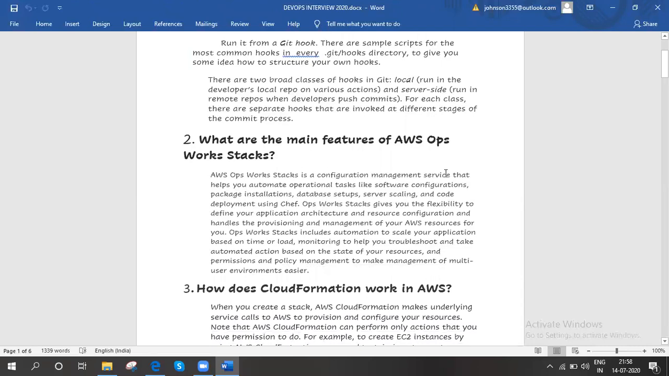What are the main features of AWS OpsWorks Stacks? AWS OpsWorks Stacks is a configuration management service that helps you automate operational tasks like software configuration, package installation, database setups, server scaling, and deployment using Chef and Ansible. OpsWorks Stacks gives you flexibility to define your application architecture and resource configuration and handle the provisioning and management of your AWS